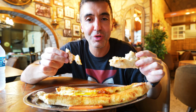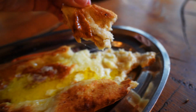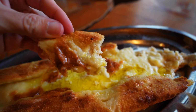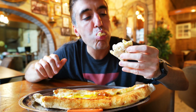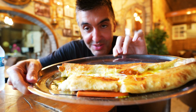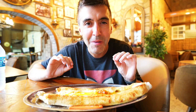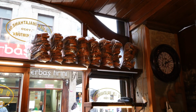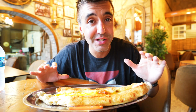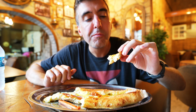That is incredible. The cheese is so soft and the oil is just, oh man, it's awesome. Absolutely incredible. Mostly butter, and it tastes fantastic because it's a little bit burned at the top from the oven, which gives it that nice burnt flavor, but it's not too much. It's really, really good. Honestly, I'm not just saying that because I'm here. Might be one of the best pide I've ever had in my life. It's because of this cheese mixture here, which makes it so,